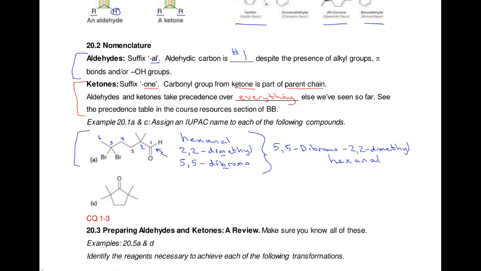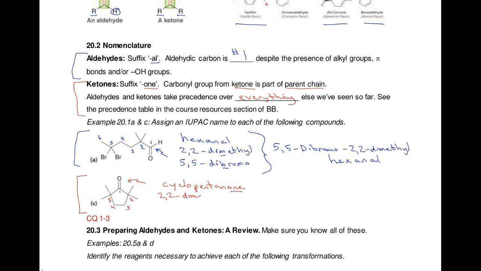Let's take a look at example C down here. You can see that the parent is going to be this cyclopentane. We have a 5-membered ring, so that's a cyclopentane. Since we have a ketone here, we're going to call it cyclopentanone, putting in that "one" suffix. Then we assign locants and names to our substituents. If we start with the ketone as number 1 and go this way, 2, 3, 4, 5, it doesn't matter which direction we go because this molecule is symmetrical, but you can see we have 4 methyl groups, so we have 2,2-dimethyl,